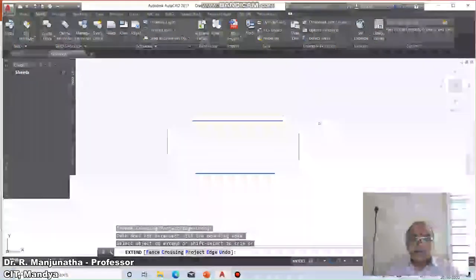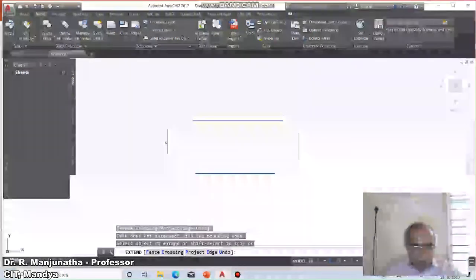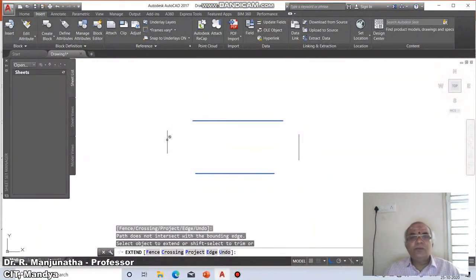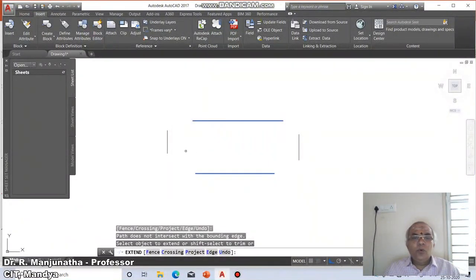So that means whenever you want projection, the extend has to be done, the object to be extended should get an intersection point. That is possible only as in the previous case, wherein only if it is an apparent intersection will it extend.